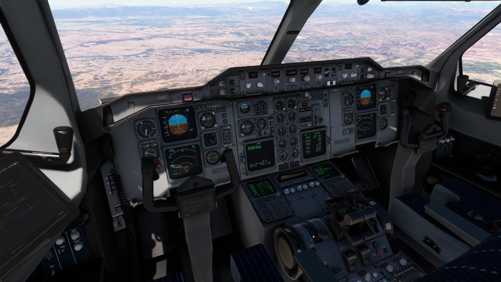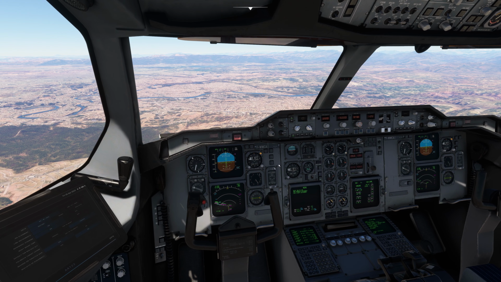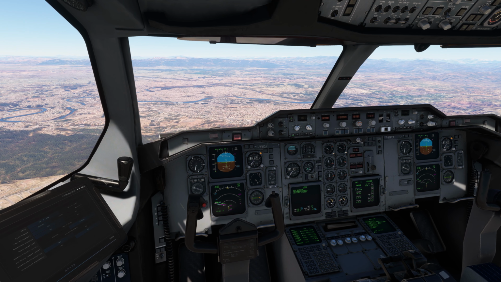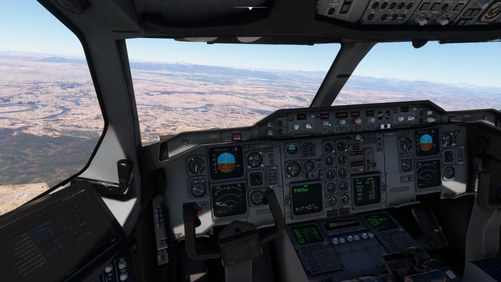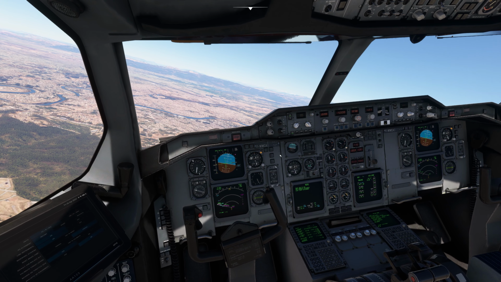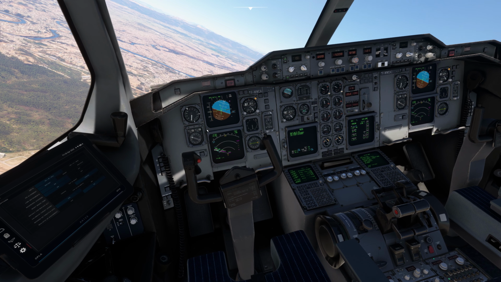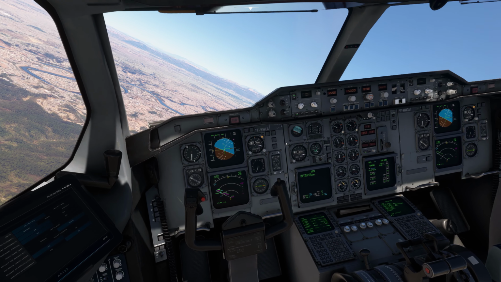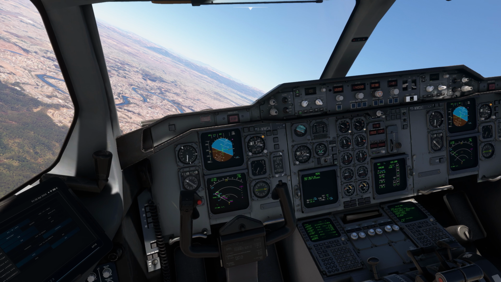Speed is not reducing even with the speed brakes. It's actually a very high vertical speed. I can reduce it a bit. Now I'm at 5,000 feet, so I don't really worry about it. Now you can see the speed is not reducing because the plane is leveling off at 5,000. I can further reduce the altitude